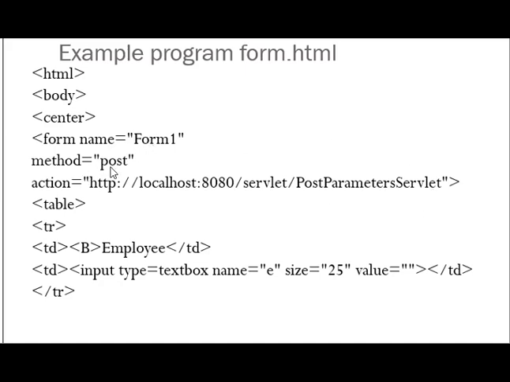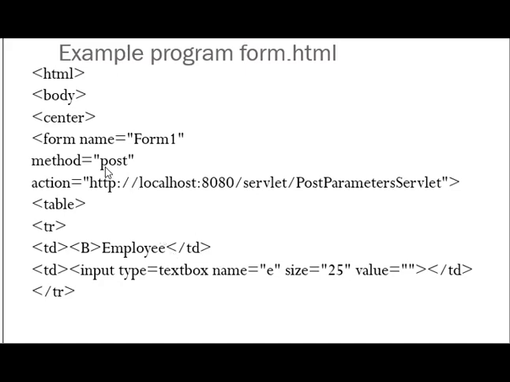When we use the get method, in the URL there will be an ampersand and all the values that we have typed in the text box become part of the URL. So there is no encrypting. When there is no encrypting, there is no safety, because by looking at the URL, in between, the packet data can be read. But when we use the post method, the data will not be part of the URL. Instead it will be encrypted.